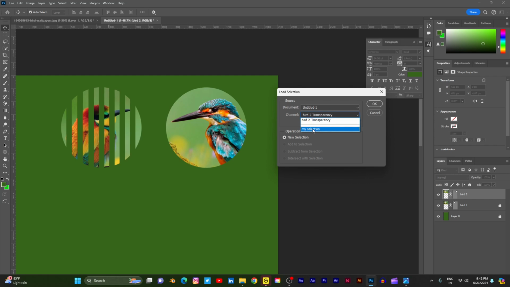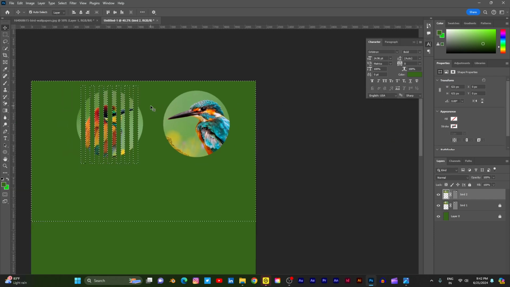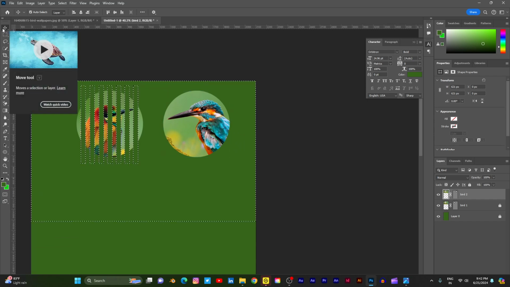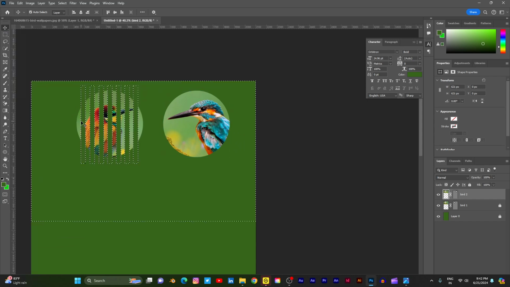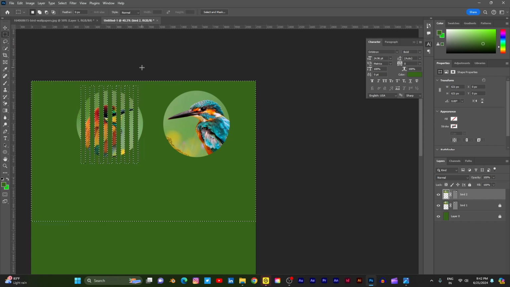So which name we give? My selection. So okay, this is the selection, and move this selection to this side, but don't use the move tool to move the selection. It is very important. Use this selection tool and now use shift and right arrow. Okay, yes, and place properly on that,